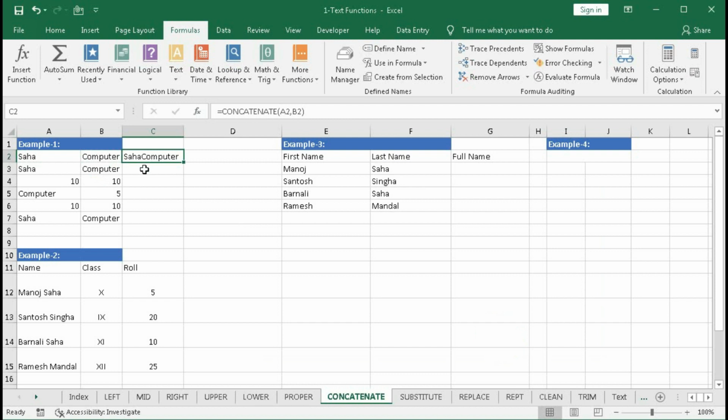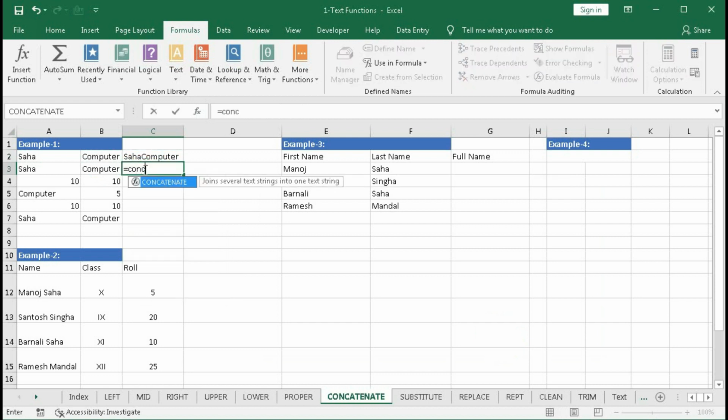So how to do that? You can do this in two ways. Equal to CONCATENATE, first text, comma, then a space within quotes, comma, the second text, bracket close, enter.